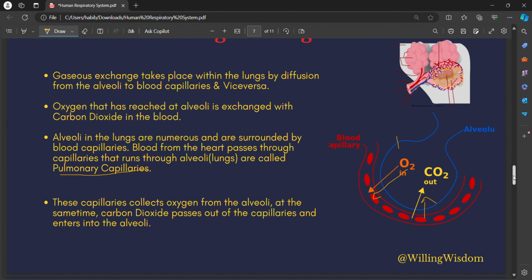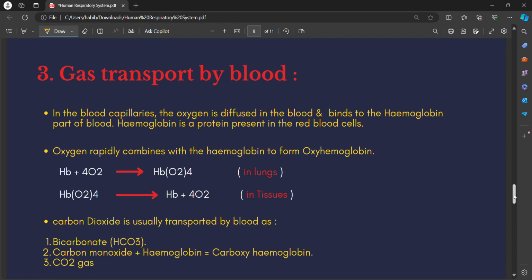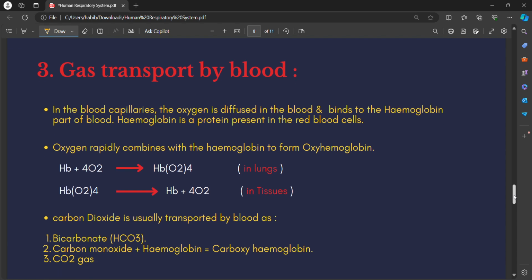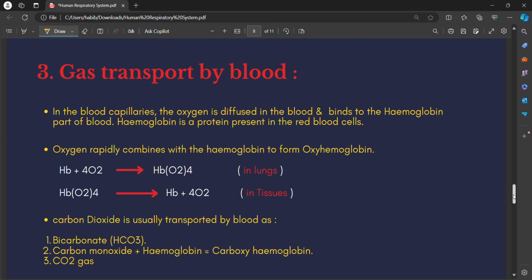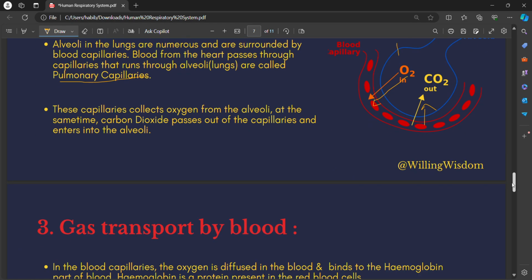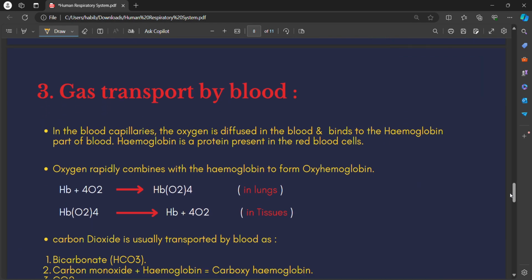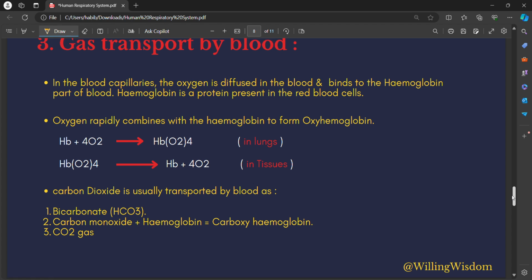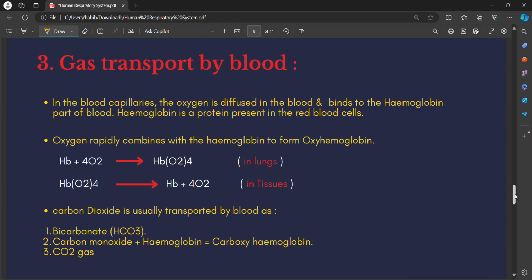And the next part is gas transport by blood. So we have seen that mainly the oxygen will be carried by veins to the lungs and the arteries will carry oxygen from the lungs to the rest of the body, and it is transported through the blood capillaries, right? So in the blood capillaries, oxygen is diffused in the blood and it will bind to the hemoglobin part of the